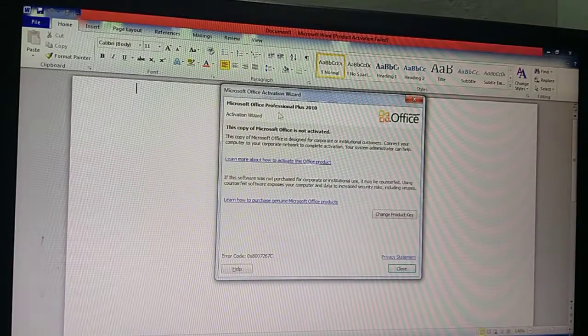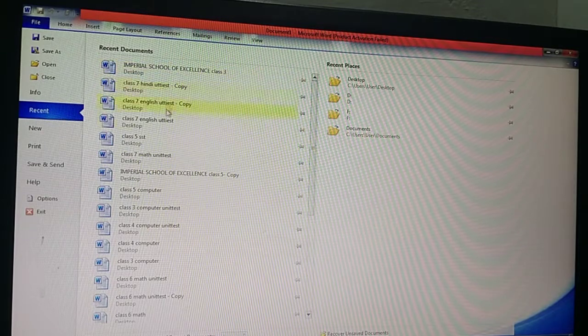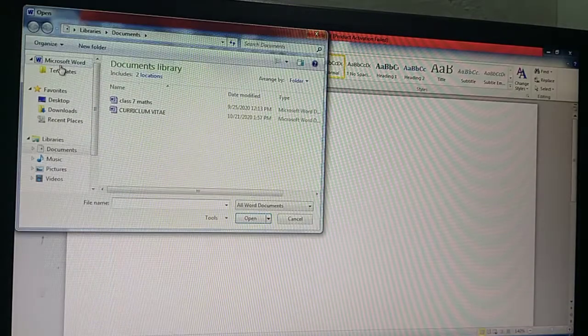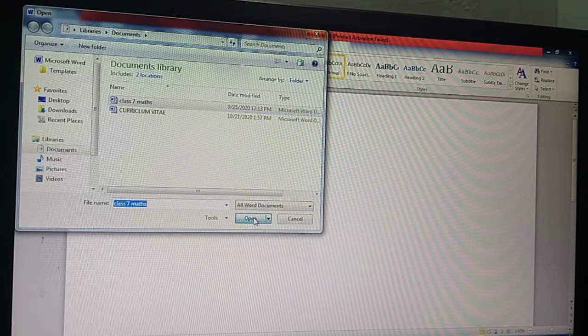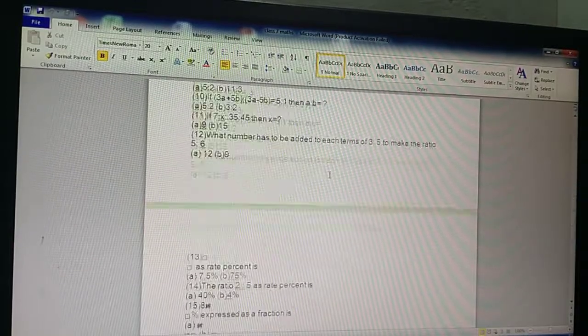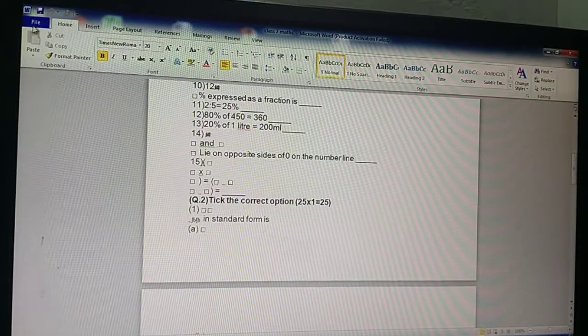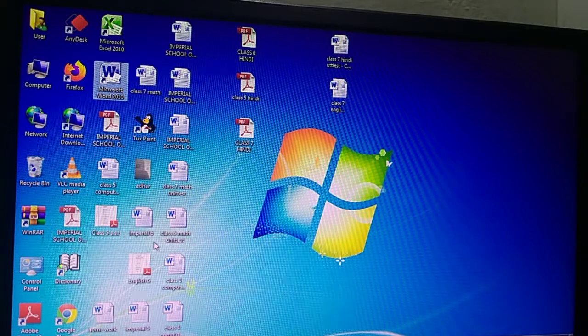Now if you want to open, I am repeating once again: click on File. After that, select any of the files from here. Then File, after that click on Open. Then you can see these two files are given here. Suppose I am opening this file. Click on this file, after that Open. See, the file has been opened here. And if you want to exit, then click on File and click on Exit. This is the way you can open your file or exit a file which you have opened.